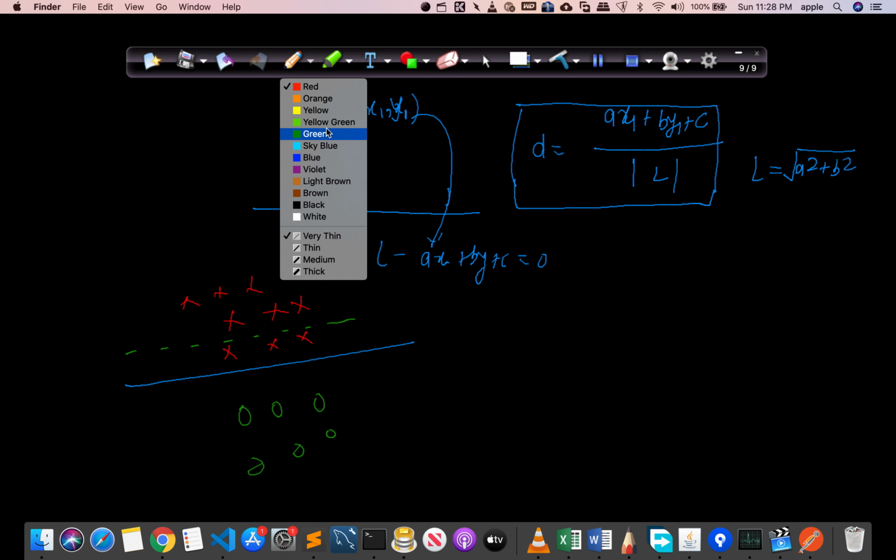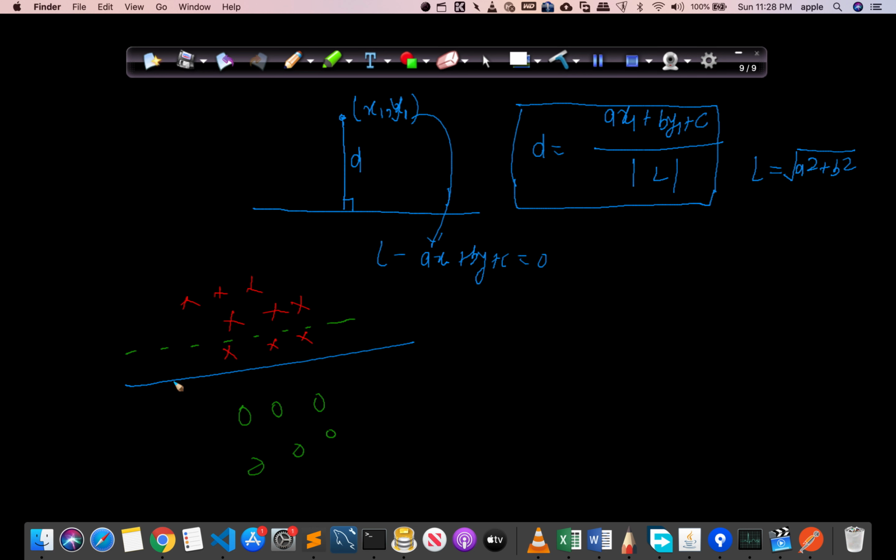By seeing this, we can see that this is not the most optimal solution. This is the most optimal solution. Visually we can see this, because the gap between the points is maximum. Since we have to find the gap between this line and these points, and we have to maximize these gaps, we have to calculate this d. So now you must be getting why we are calculating d: in order to find the most optimal boundary or plane that will classify these 2 types of points.